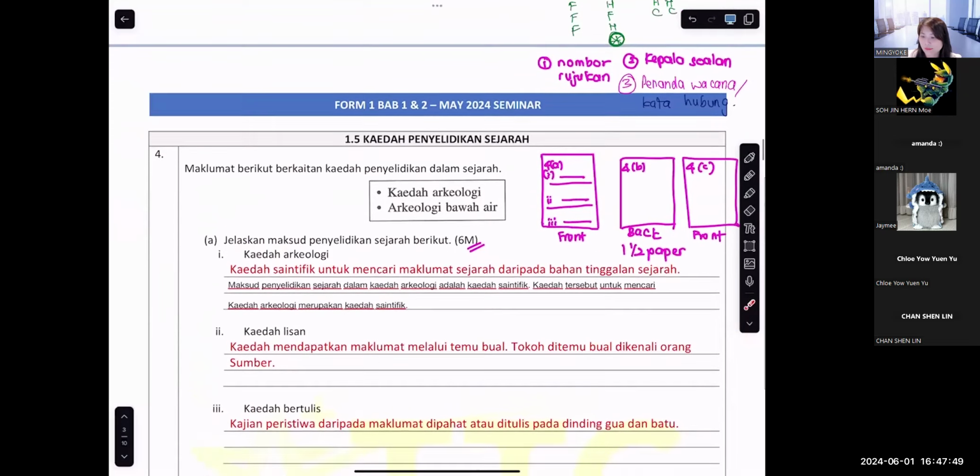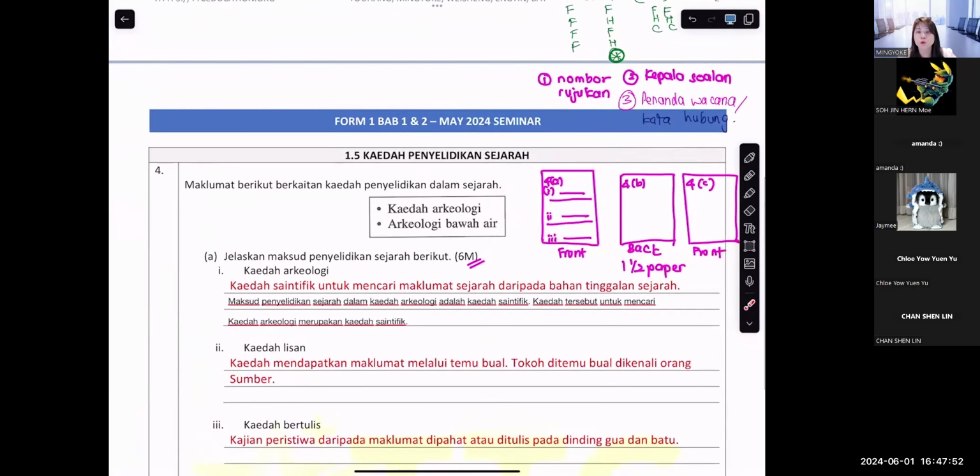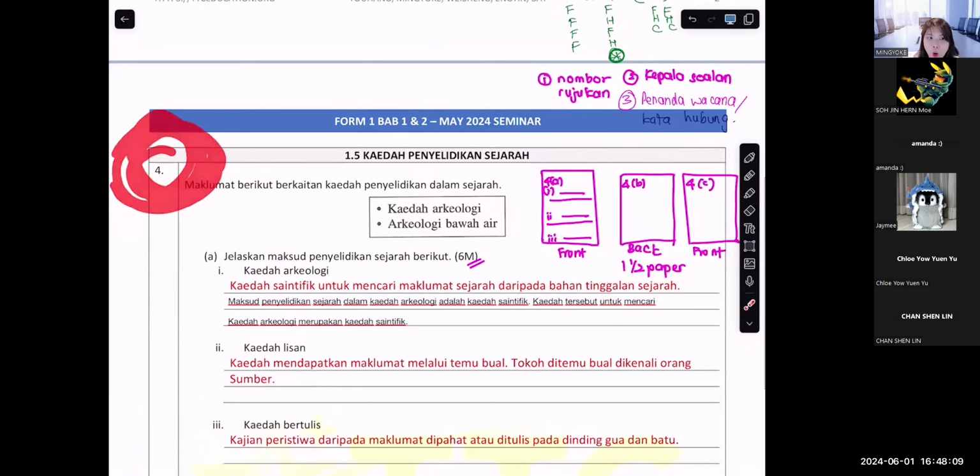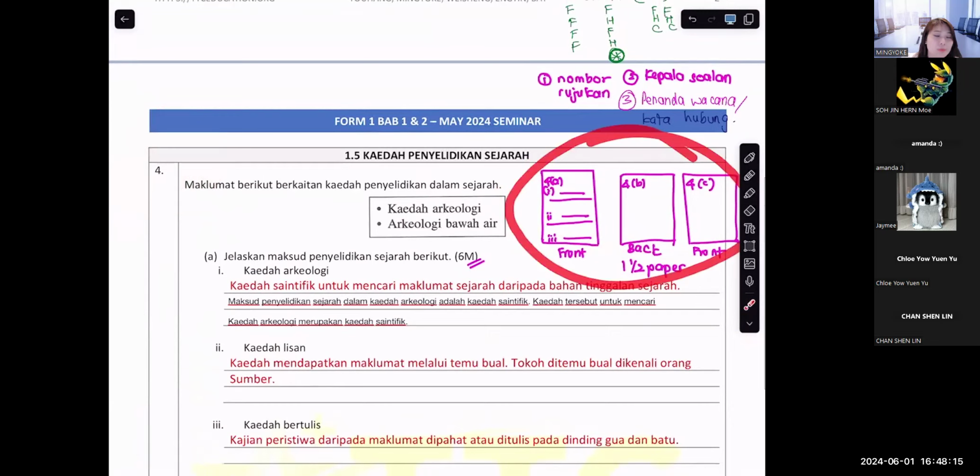Page 8. Now I want to tell you how to answer essay questions. Very simple. For answering an essay question, it's just like structure. But for essay, it's very, very compulsory that when you write your question for A, B, C, okay, they give you a test pad. Since they give you a test pad, your teacher or the government expects you to write the kepala soalan. For essay, it's compulsory.